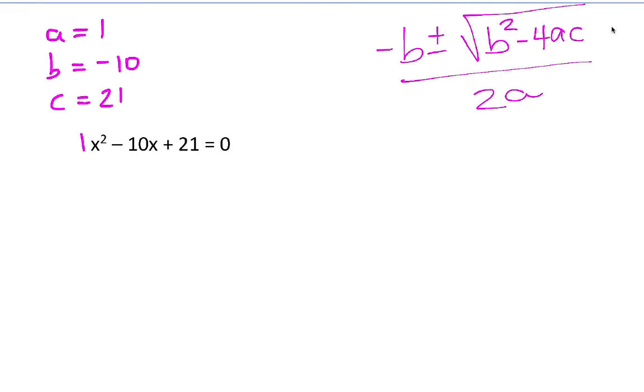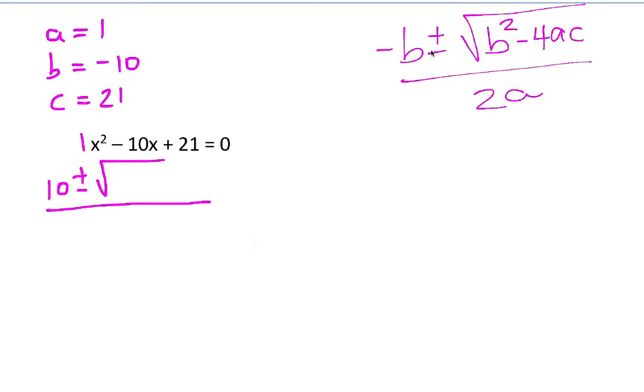So it's one big fraction, so I'm going to start with the big fraction bar. On the top, negative b, remember, think of that as the opposite of our b value. So here's my b value. The opposite of a negative 10 is a positive 10. Okay, then we put a plus minus,